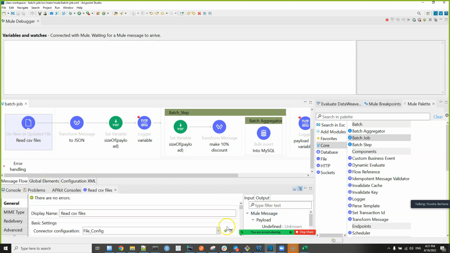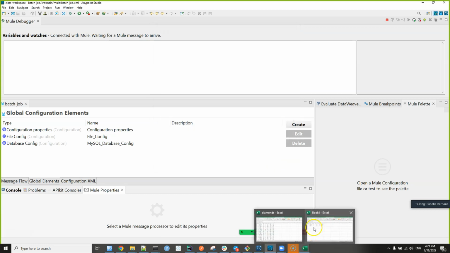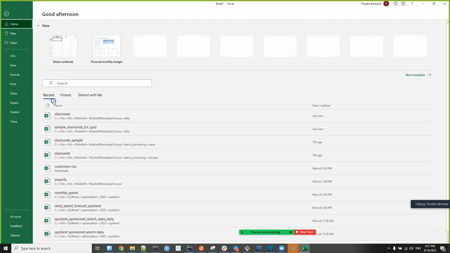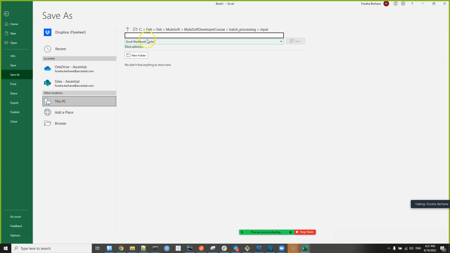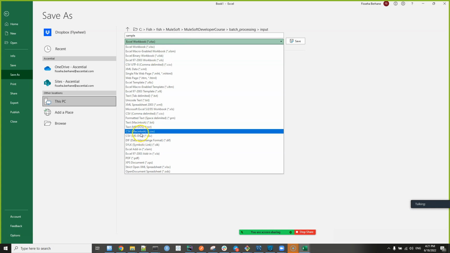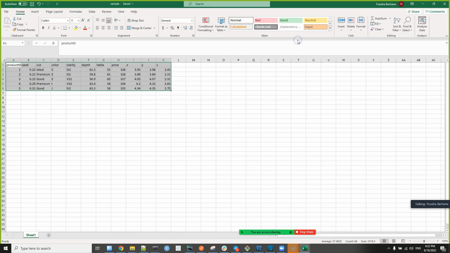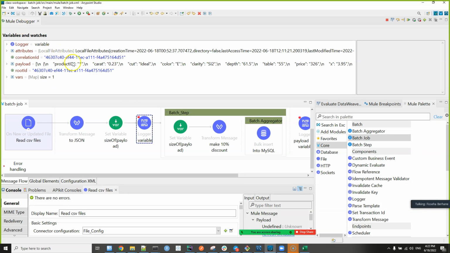Let me see where the working directory is. The configuration here, you can create your own configuration. So I have batch processing input, so I will save this data to that location. Save this. Batch processing input, it is this one, and give it sample.csv. I will save this as CSV, comma delimited, save. Now it will pick this data, and we will see here it has read it in, which